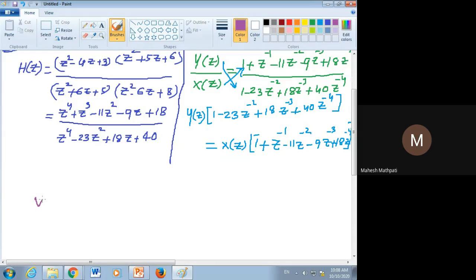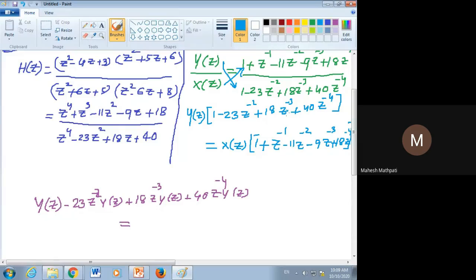Y of z minus 23 z power minus 2 into y of z, plus 18 z power minus 3 into y of z, plus 40 z power minus 4 into y of z, is equal to